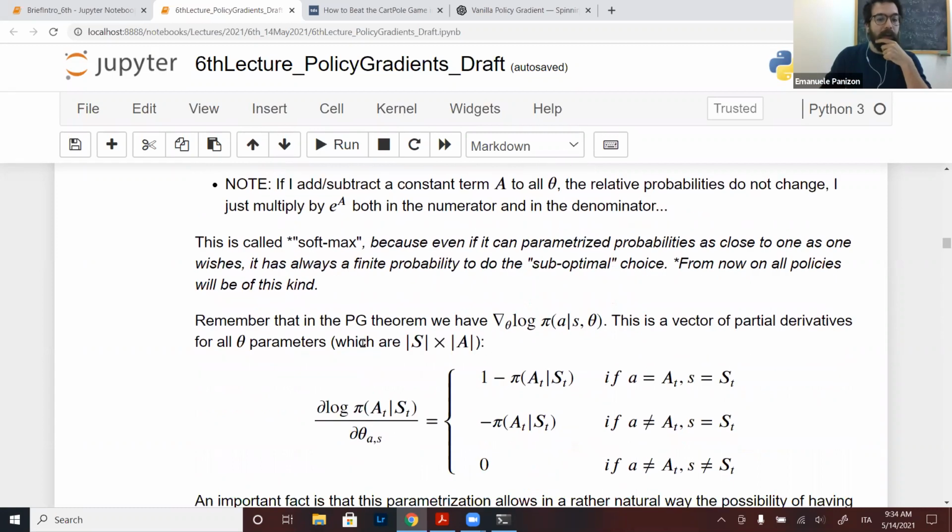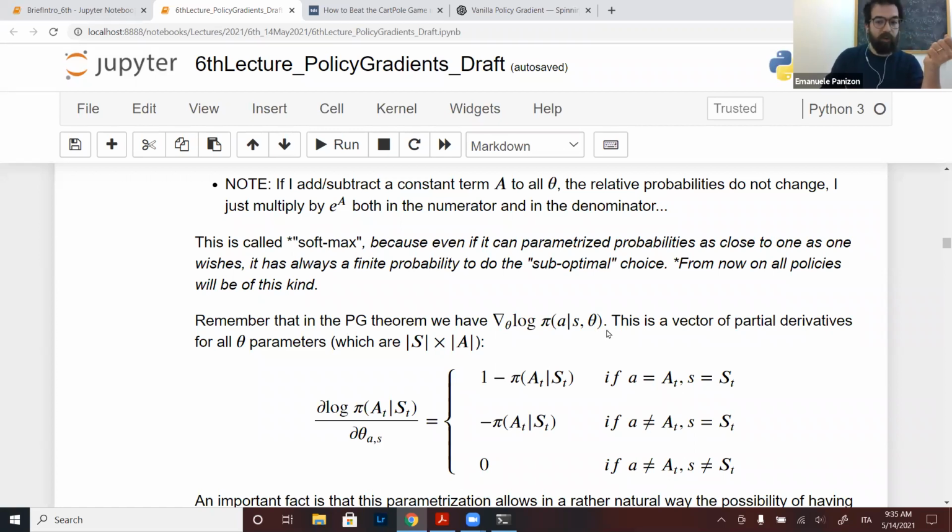Okay. If you remember, in the policy gradient, we had two terms. The first is the Q value, or the estimator of the Q value. The second one was this scary term, which was the gradient with respect to theta of the logarithm of the policy of the action given the state and theta. So we want to show you that this is extremely simple to calculate explicitly